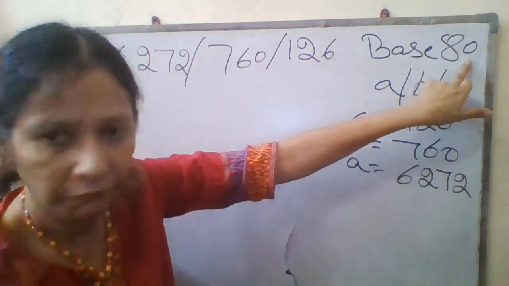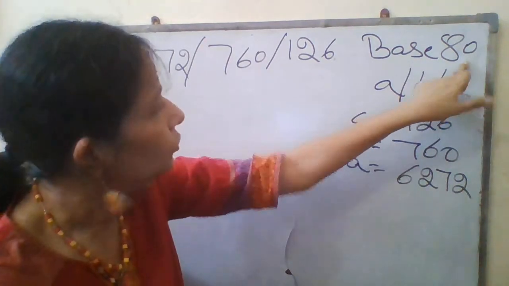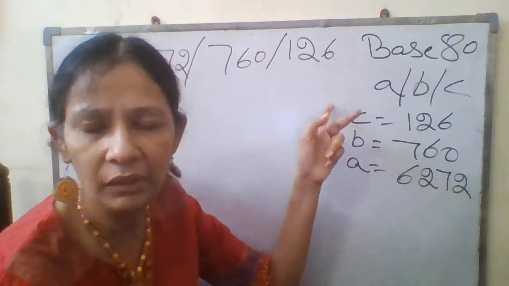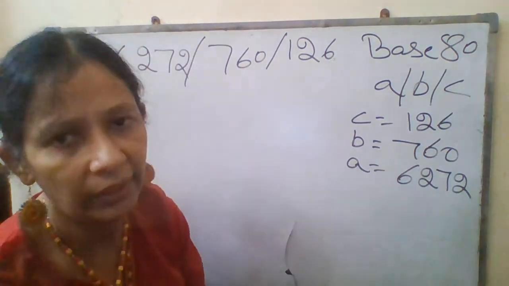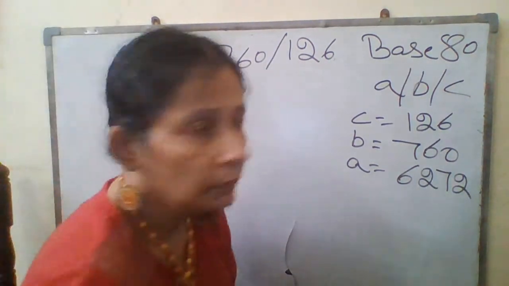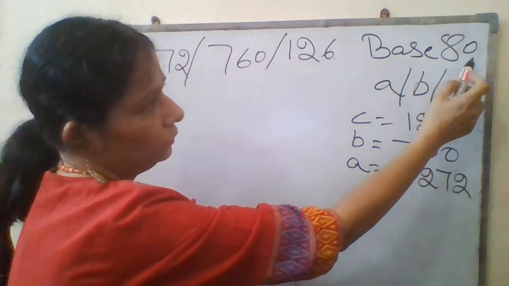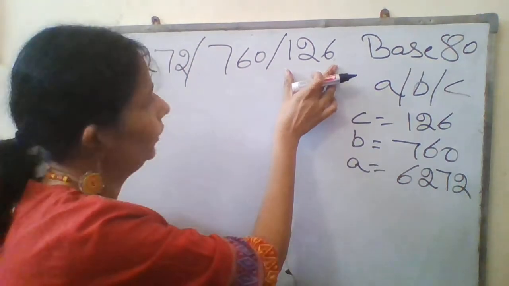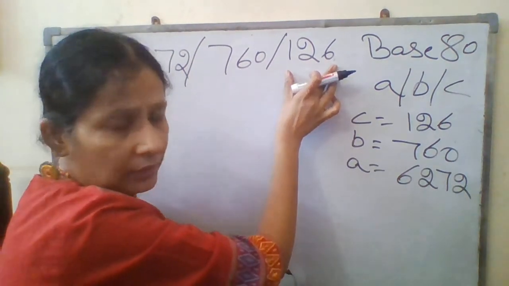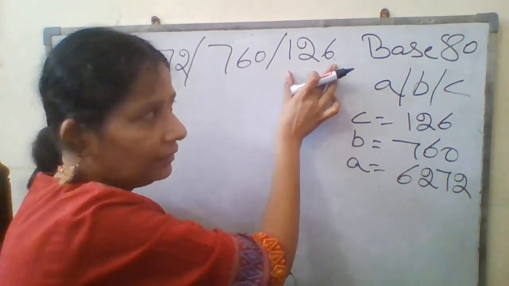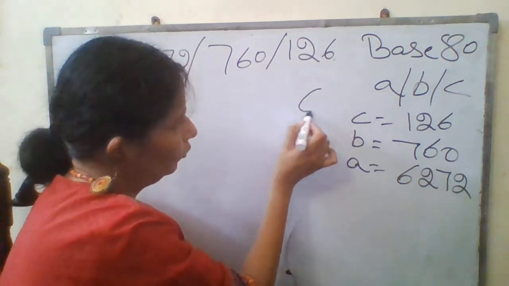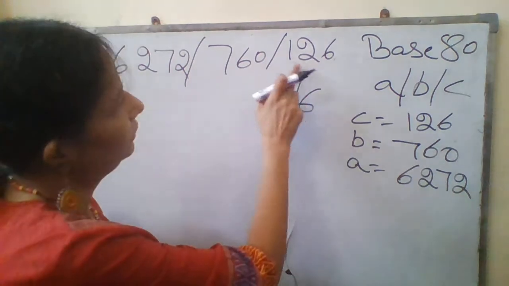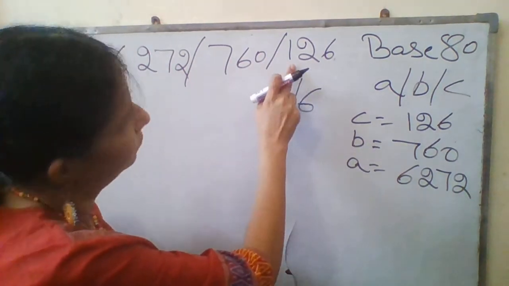So if only one 0 is here, then from 126 you will keep only one digit here. See how I am going to write it down. Here you are able to see only one 0, so from 126, you will not take 3 digits, you will take 1 digit, the last digit, which is 6, slash. Now this 12 is left, so